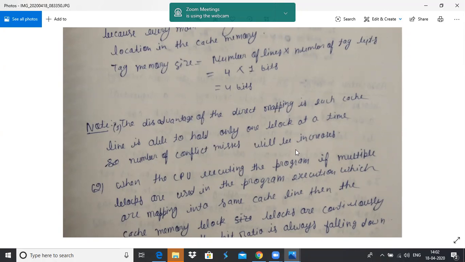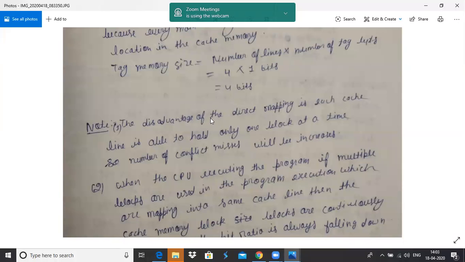Because if the CPU generates requests for two blocks and the two blocks are mapped to the same line, each line contains only one block of the main memory.